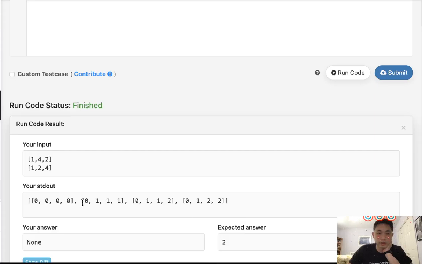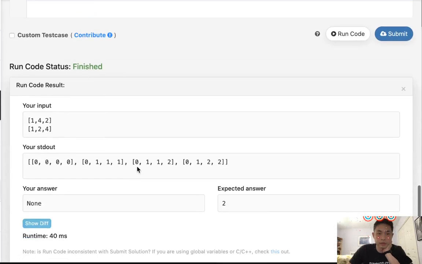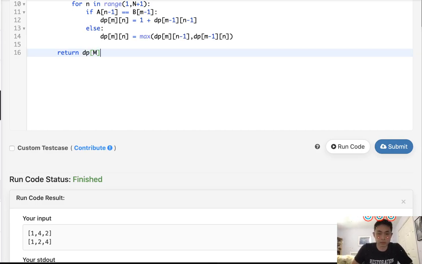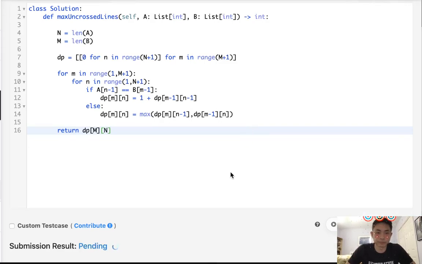And great, so it looks just like the thing that we typed out, right? And all we need to do is return the bottom right number. So let's return that. We're going to return the DP array of that. So let's go ahead and submit this